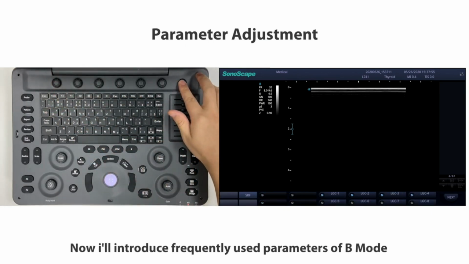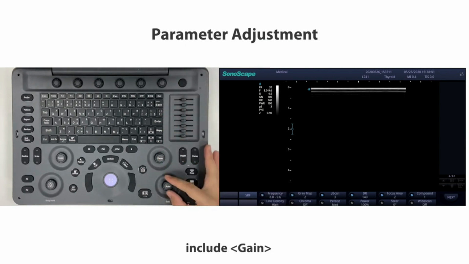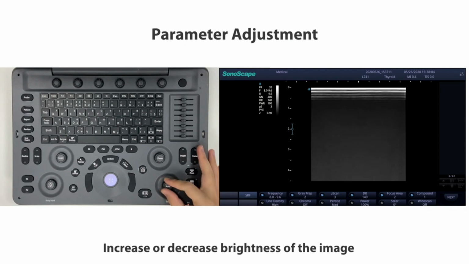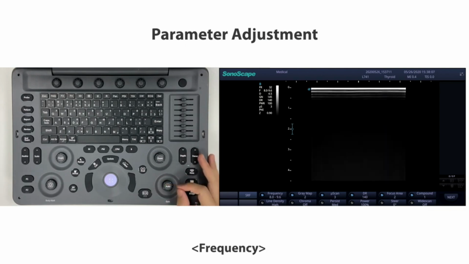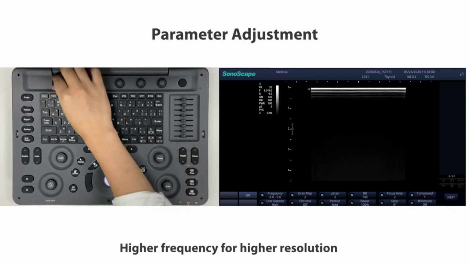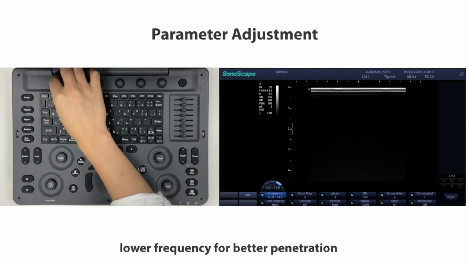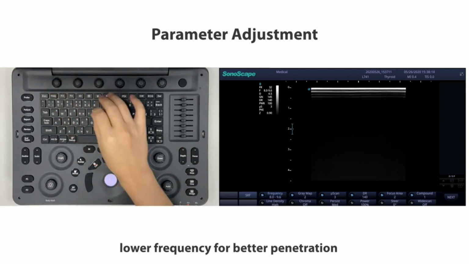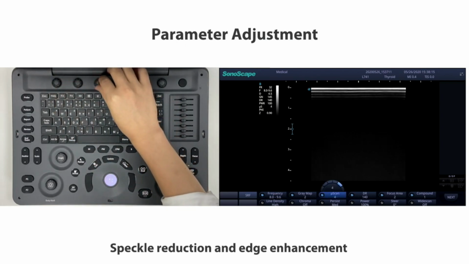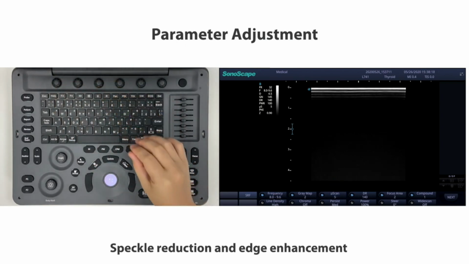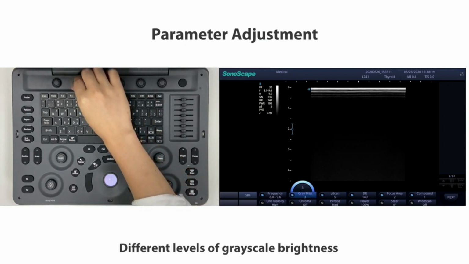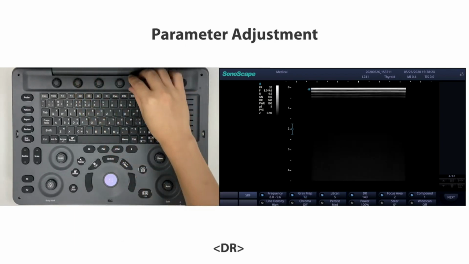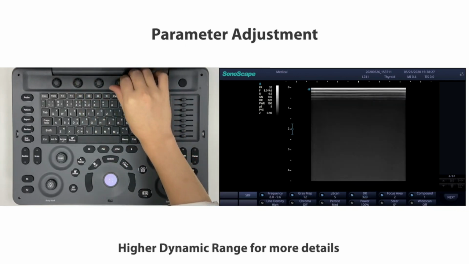Now I'll introduce the frequently used parameters of B mode. Include gain, increase or decrease brightness of the image; frequency, higher frequency for higher resolution, lower frequency for better penetration; MSCAN, speckle reduction and edge enhancement; gray map, different levels of grayscale brightness; DR, higher dynamic range for more